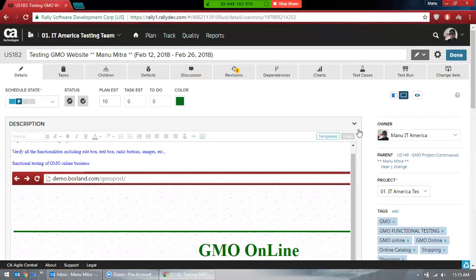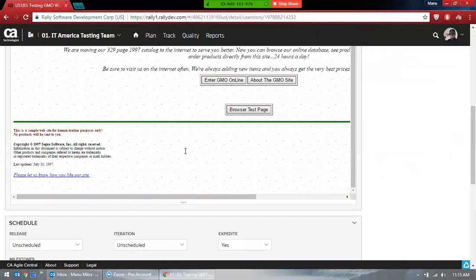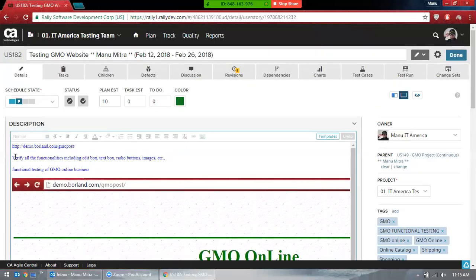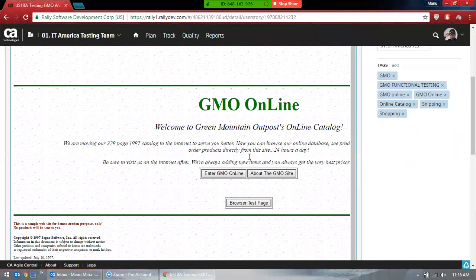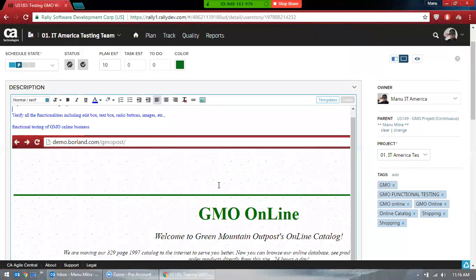Okay. So here's the thing. This is the user story. This only shows what's to do about it. Here it's saying verify all functionality. So this is simple. Don't expect this to be as simple. There will be a lot of information here, and you have to understand what it is. There'll be paragraphs in this. I made it simple because here I put a screenshot, and it's easy for you, but